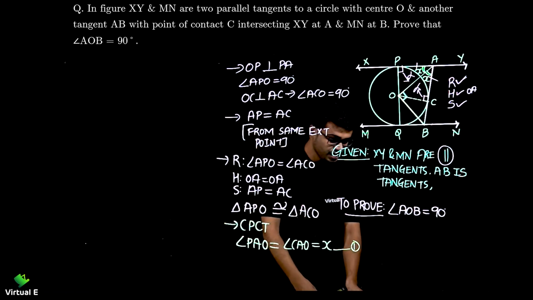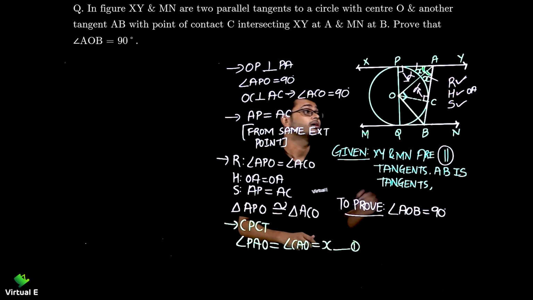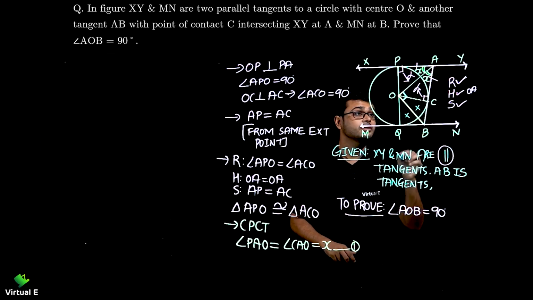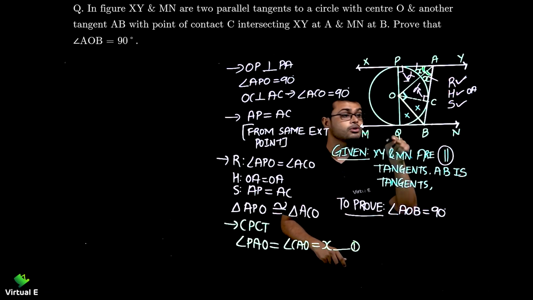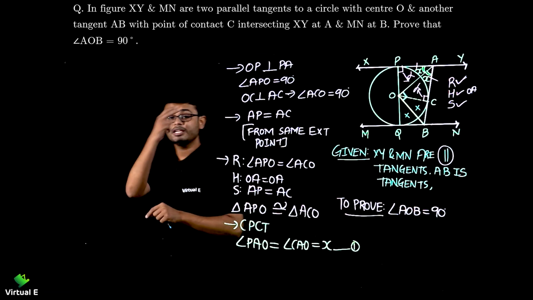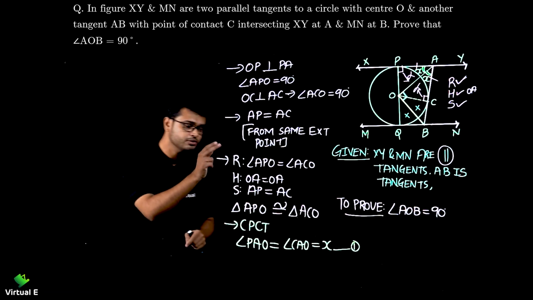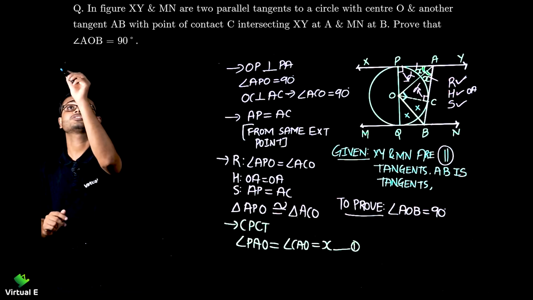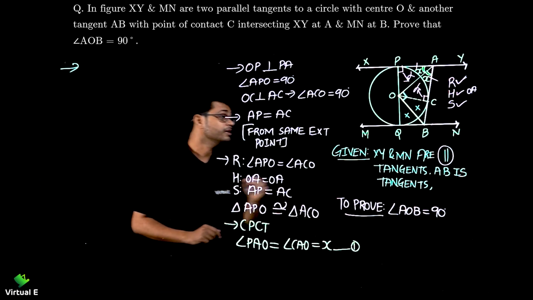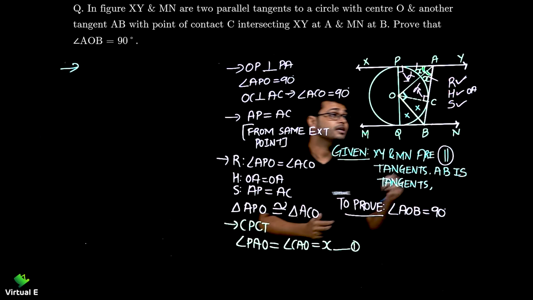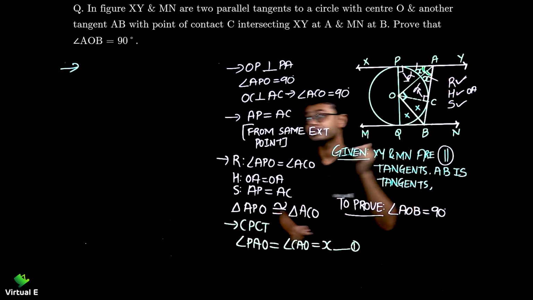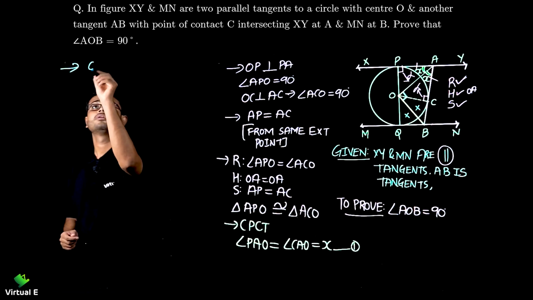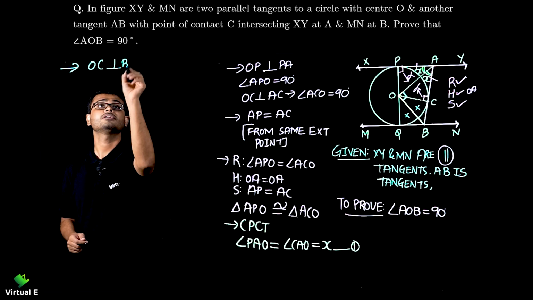Now we are going to do the same thing for these two triangles, triangle OCB and triangle OQB. Okay, let's start. The conditions are going to remain the same. We are going to use the RHS criterion only. It's not going to change. Here again, let's start with the tangents and the radius. So OC is perpendicular to BC. So OC is perpendicular to BC.